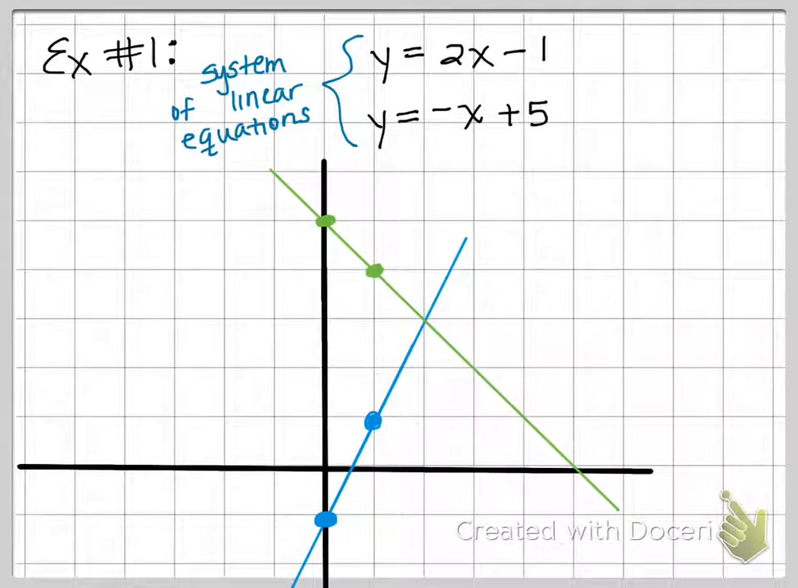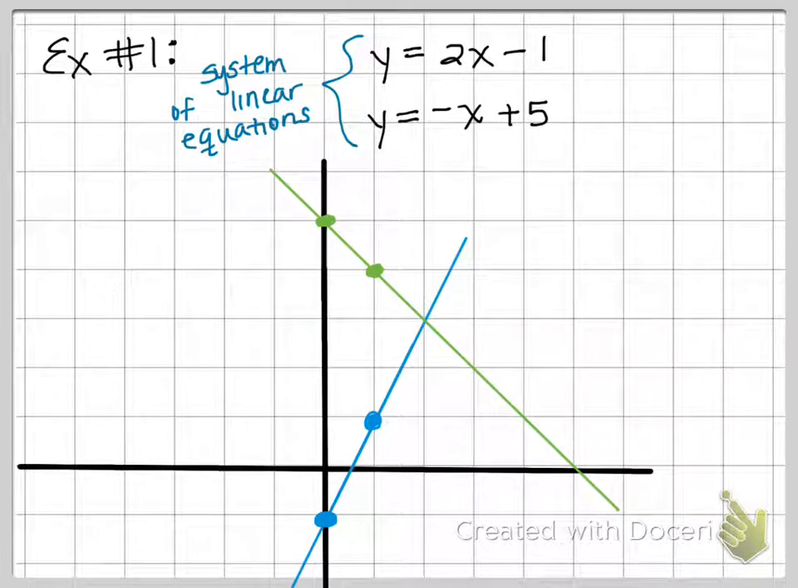Okay, so here we have a system of linear equations. I see two equations up at the top. One is y equals 2x minus 1, and the other is y equals negative x plus 5. So my first equation, what has a y-intercept of negative 1? Is it the blue one or the green one? It is the blue one, because again it has the y-intercept of negative 1, and also it has a slope